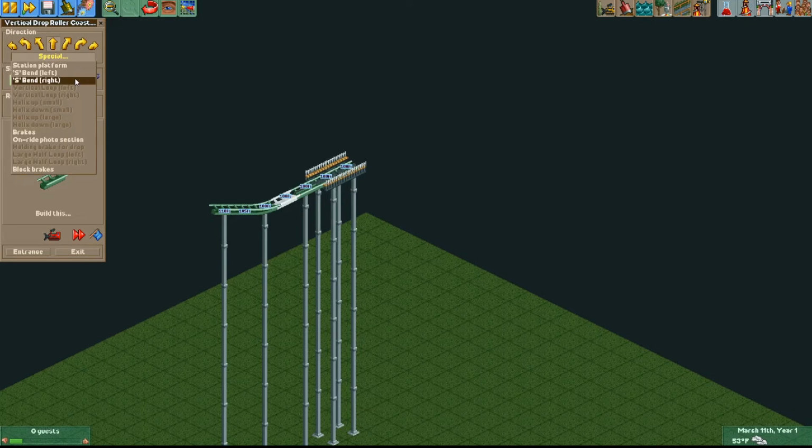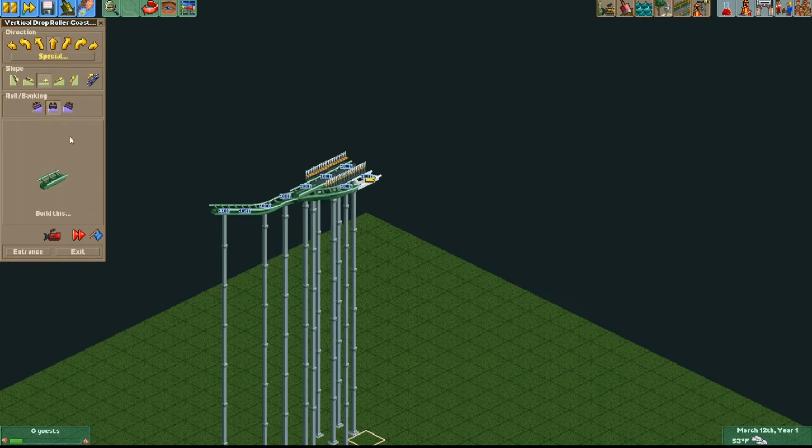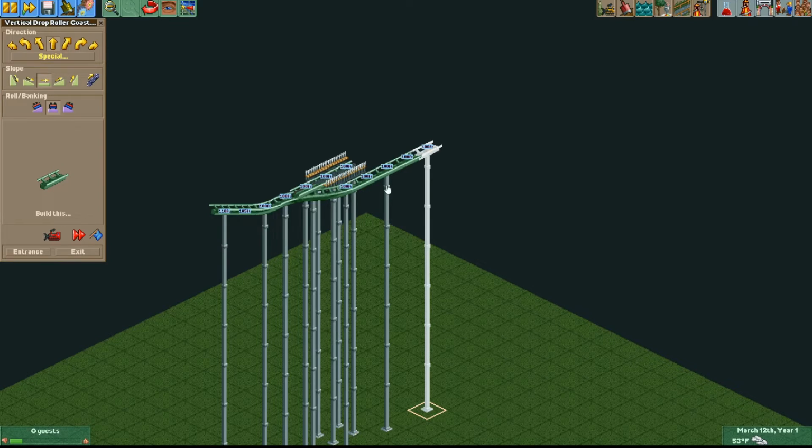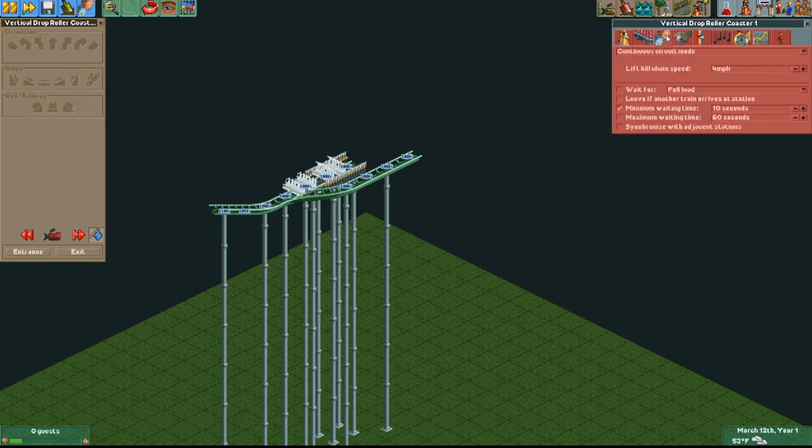build right here. But what we're going to do is start off by making the drop. So when this train passes here, it's going to head out over this and go right next to the station here. And we're going to need to complete that merge. We can just see if it does that. This is why the chain is important, is because